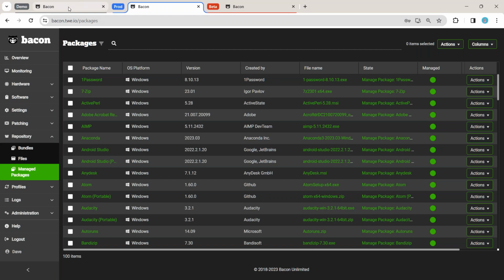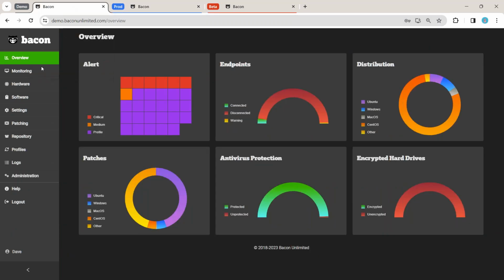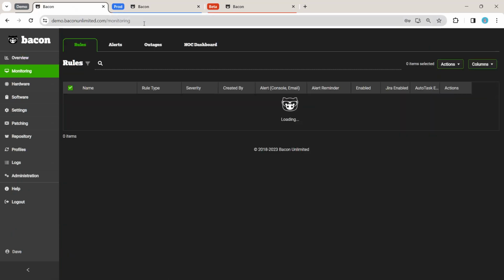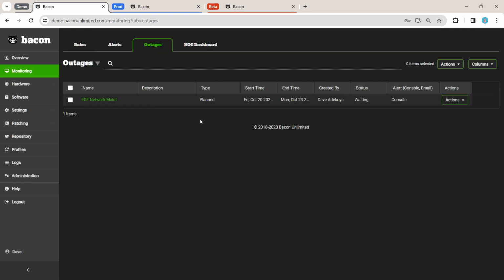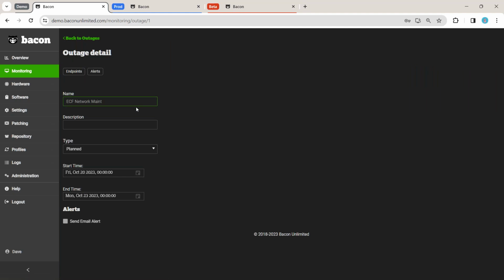In addition, for some more new features, we've also added an outage option for our monitoring. Previously you could set up monitors, or rather rules, and those can trigger alerts. However, there are some known situations where you're going to have an outage, or even emergency ones. So we've added outages here, and this is targeted by group. In this case, I've set up this outage to target my East Coast Factory Network group during this time frame. And so no matter what, during that time frame, it's not going to trigger any alerts for me